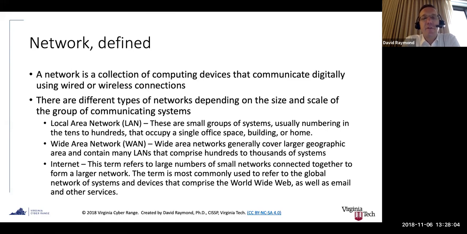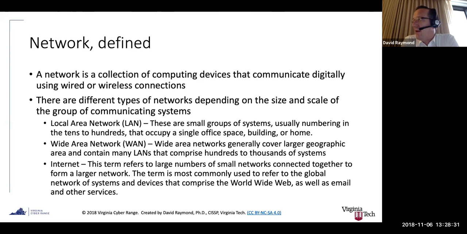This term refers to large numbers of small networks connected together to form a larger network. And this term is most commonly used to refer to the global network of systems and devices that comprise the World Wide Web, as well as email and other services. So we all know what the internet is, and the capital I Internet is just one example of an internet. Anytime you interconnect networks, then you have an internet.